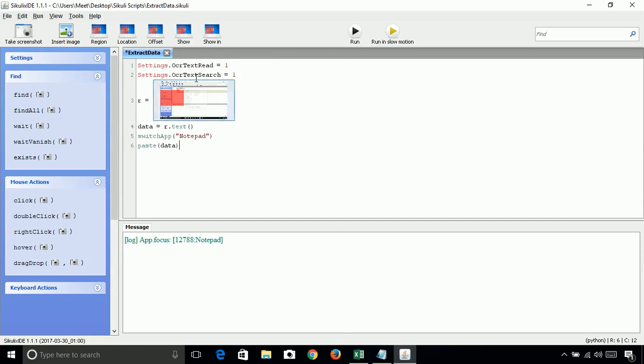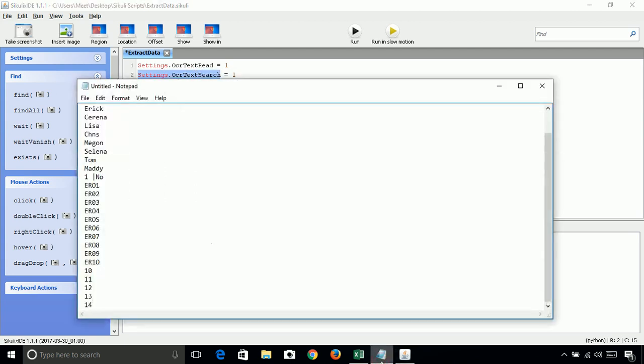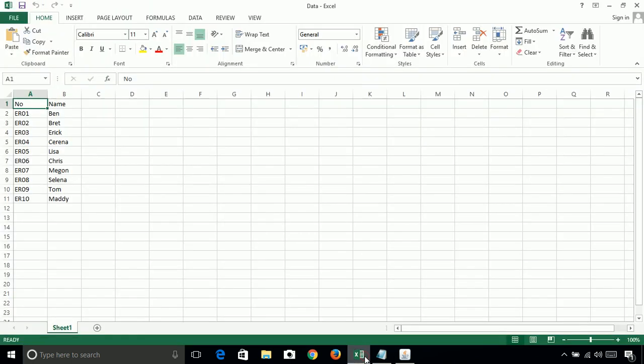Now if you have noticed, we had not set the text search option, so it was not able to find all the text here and paste it. Now it has copied all the data from this particular region, with the row numbers also, 1 to 11.